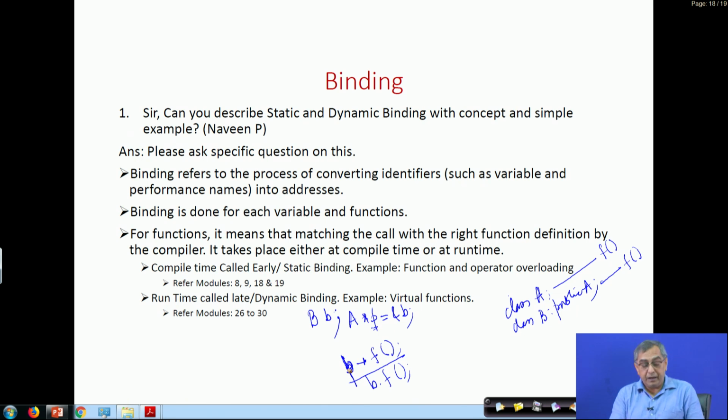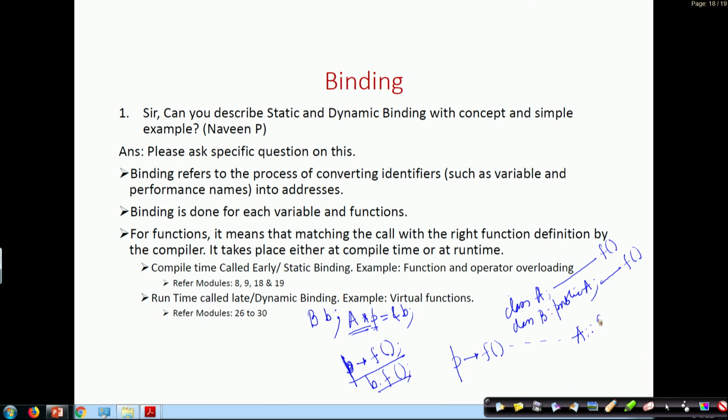So, it is P->f, or what will happen if I do P->f. Now, I have a pointer whose type is of class A. So, it expects a class A object. So, by that logic, this should call A::f,